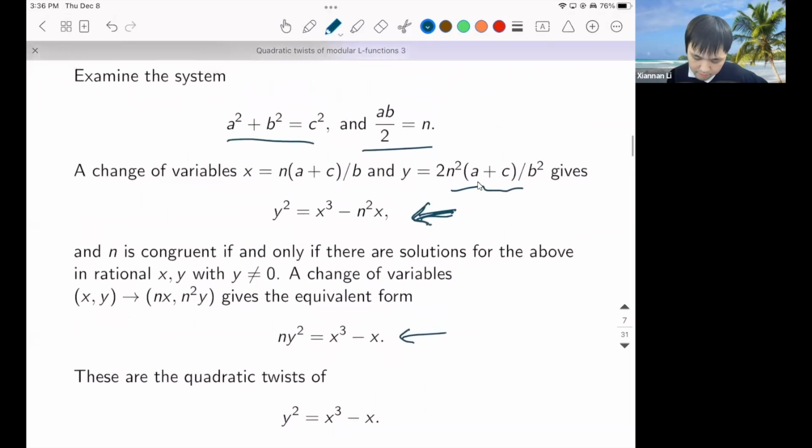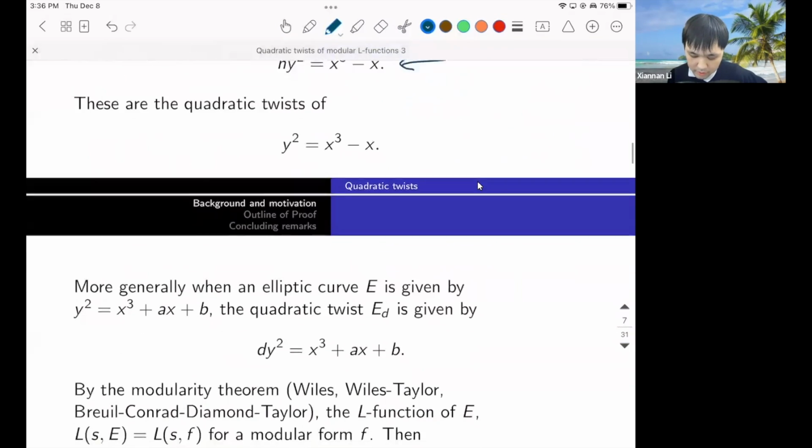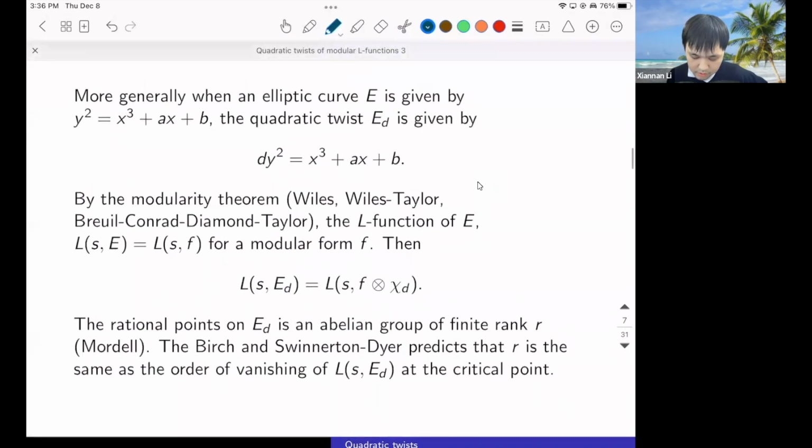The question of rational points on elliptic curves is certainly not just interesting because it's related to congruent numbers, right? One can ask this question in general. So in general, if I have an elliptic curve E, we can define a similar quadratic twist, which probably the most concrete way to write it down would be this. By the modularity theorem, which is now known by the work of Wiles, Taylor, and Breuil, Conrad, Diamond, and Taylor, the L function of E, L(s, E), is equal to the L function of a modular form f,